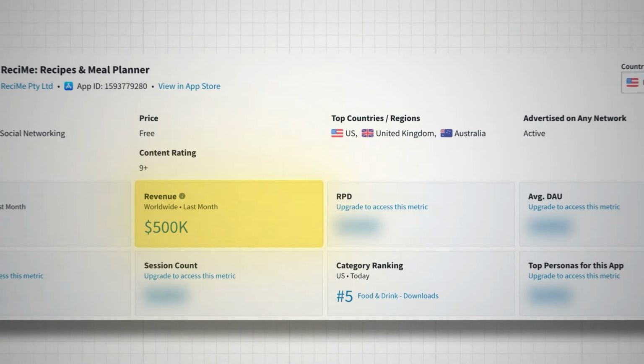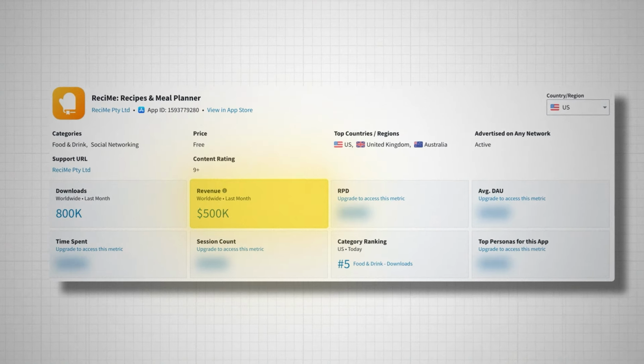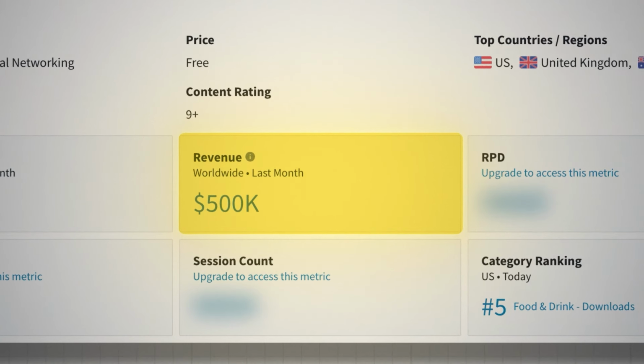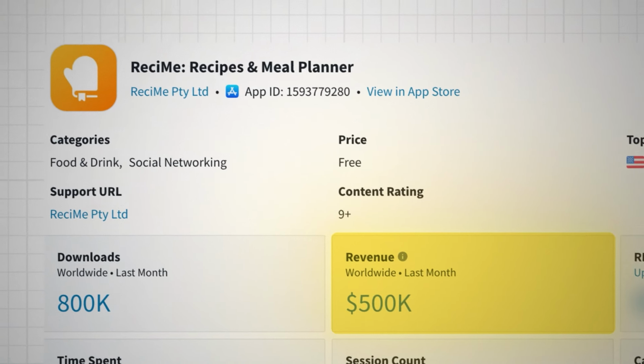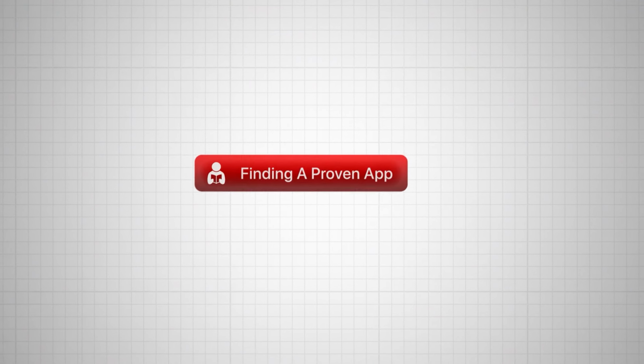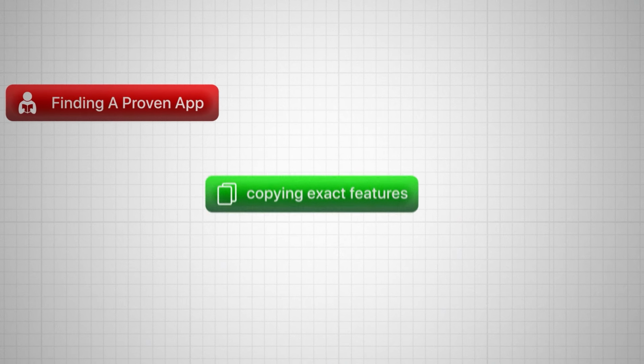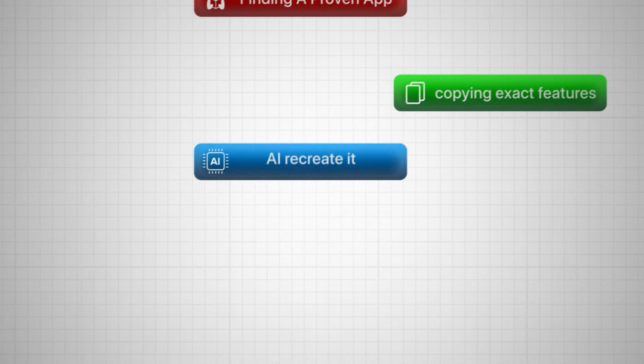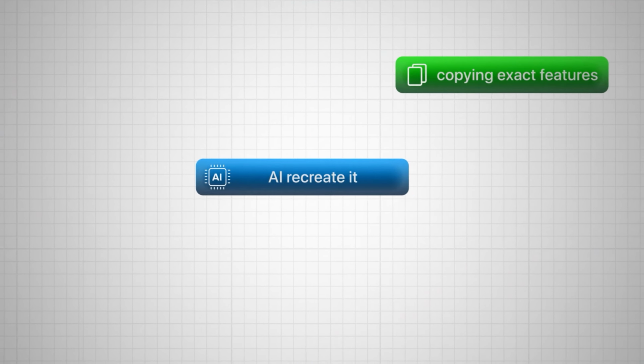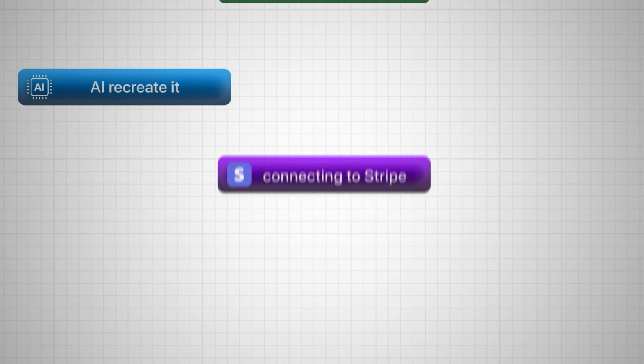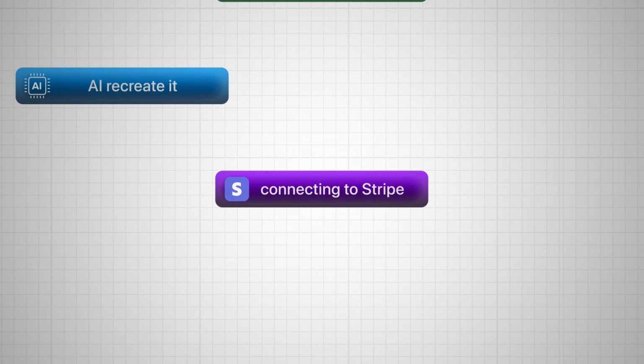But what if I told you there's a revolutionary AI tool that can build entire apps for you while you sit back and watch? Here in the screenshot, you can see proof of exactly $500,000 in revenue that the original in the App Store is making every single month. And I'm talking about finding a proven app that's already making money, copying its exact features, and letting artificial intelligence recreate it from scratch. Then connecting it to Stripe for instant payment processing, all without touching a single line of